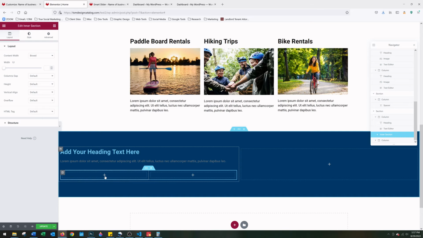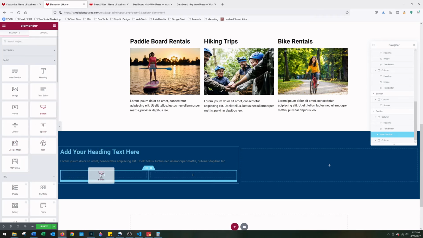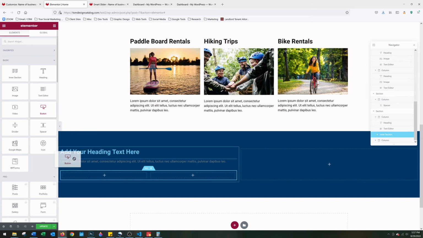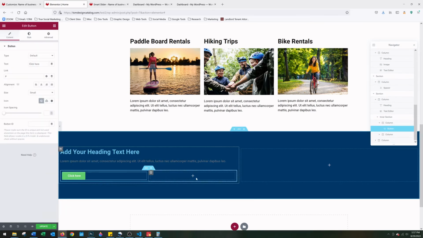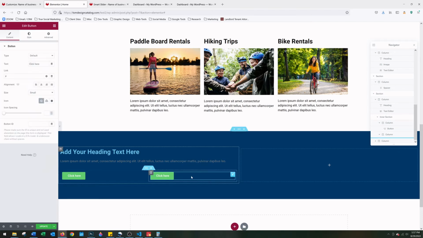So to create those, we'll click on the plus button. And this time we're going to drag in a button. Do that for each one. Okay. And then on the right hand side here, we're going to put in a contact form. And then we're going to come back and edit each piece of this. So